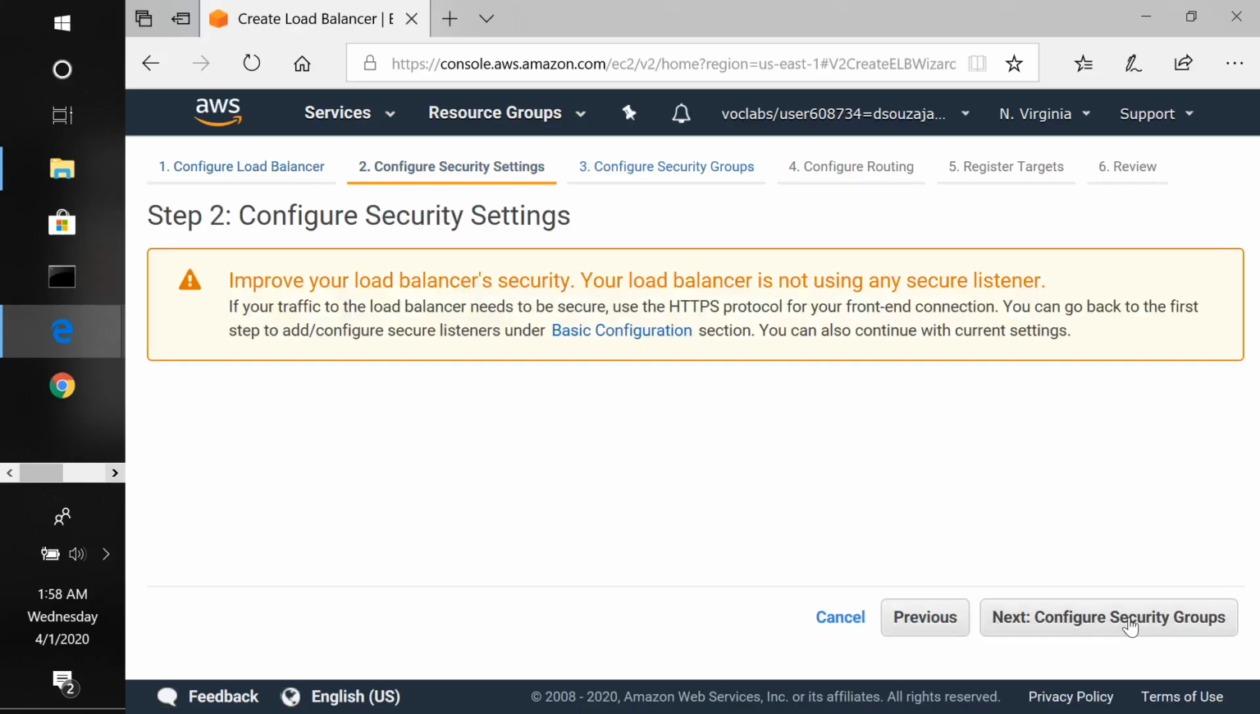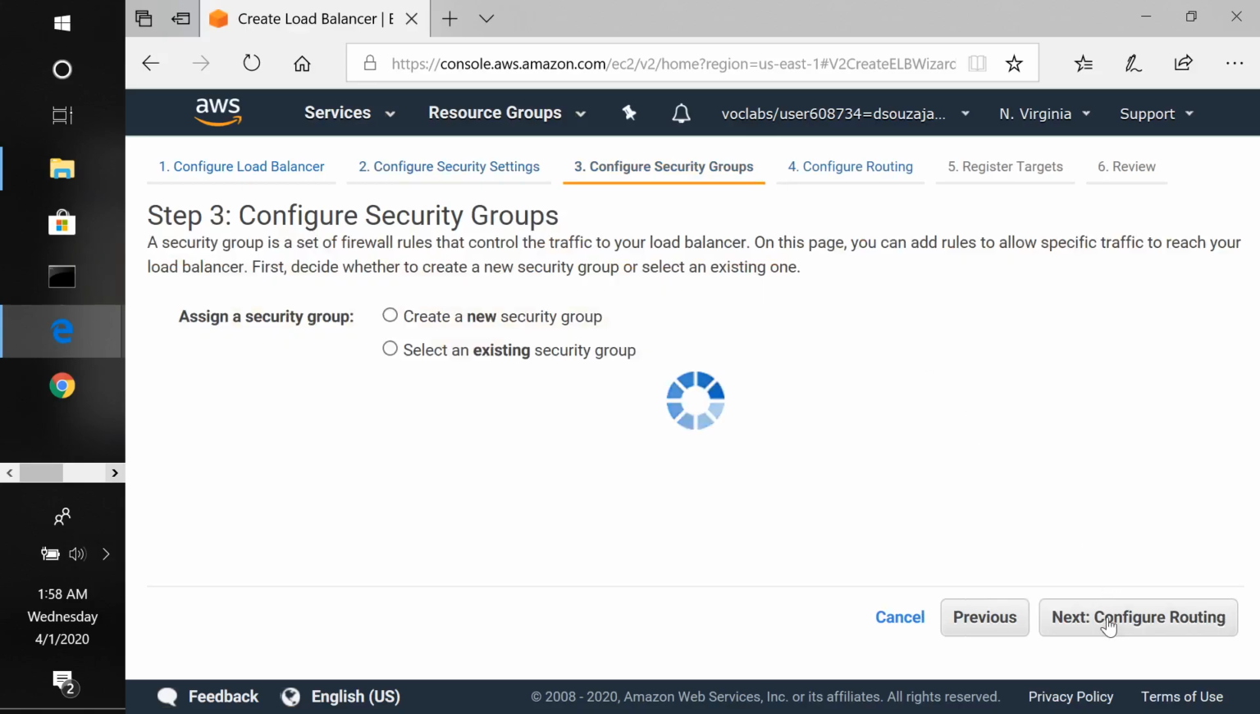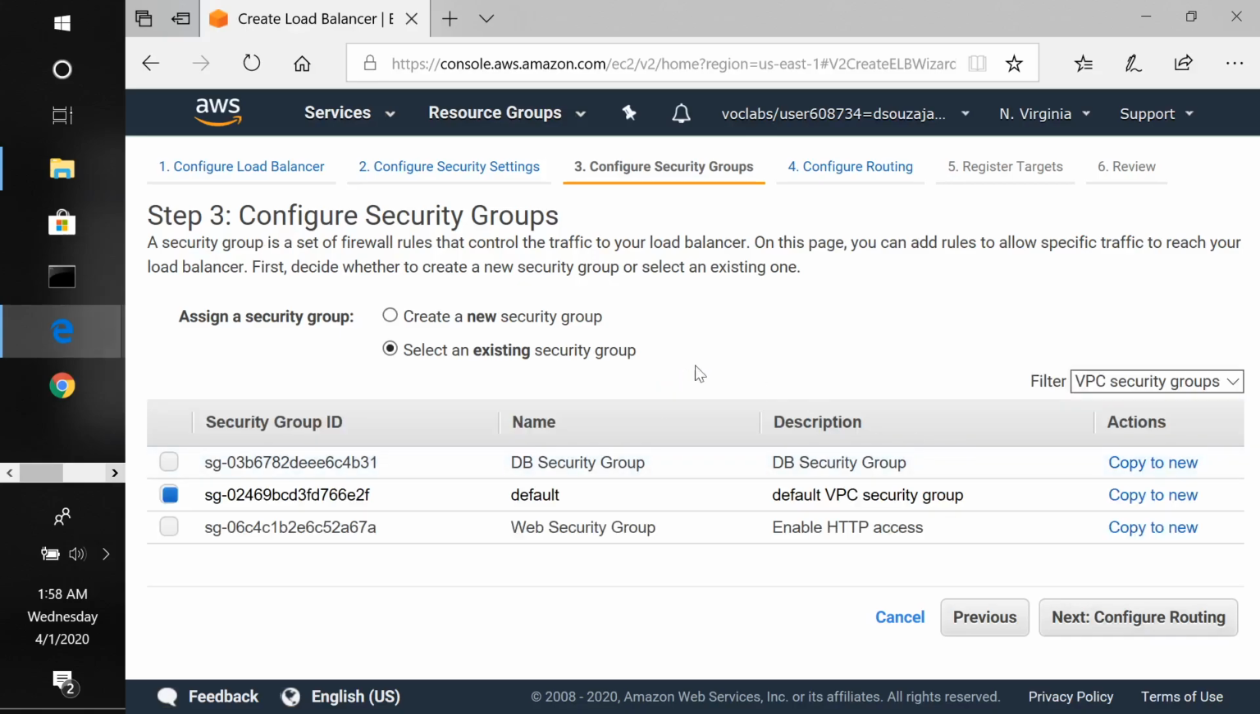Okay, click next. So improve your load balancer security. Your load balancer is not using any secure listener. Okay, we don't need to do anything on this. So here we need to select an existing web security group. So we need to deselect this, and this is a security group which enables HTTP access. Click next,